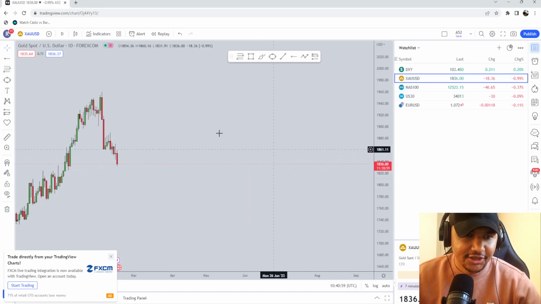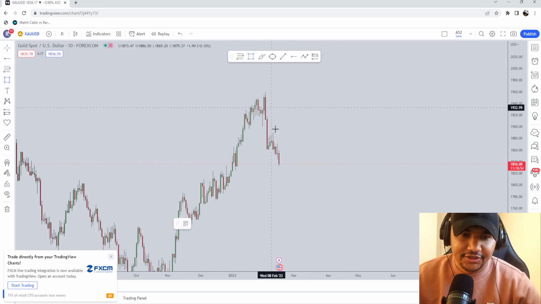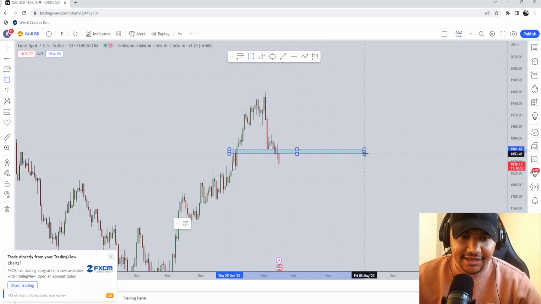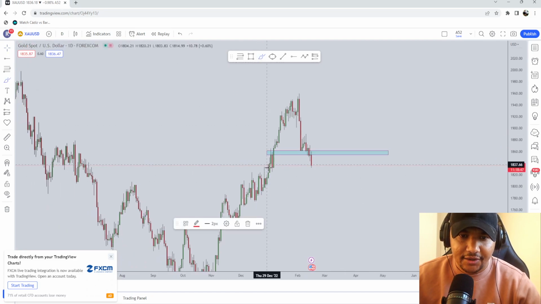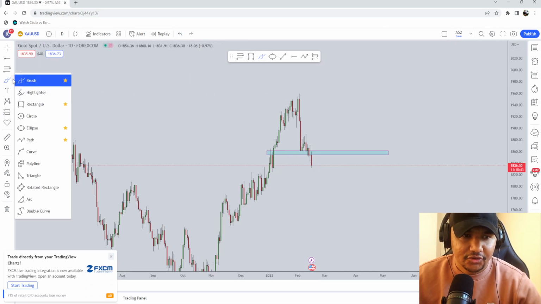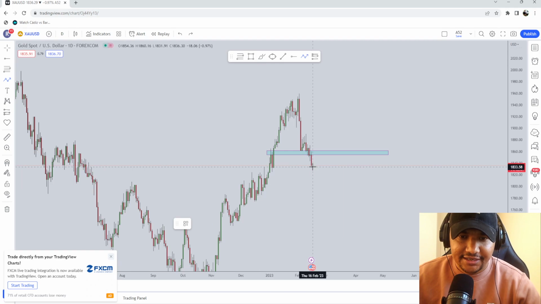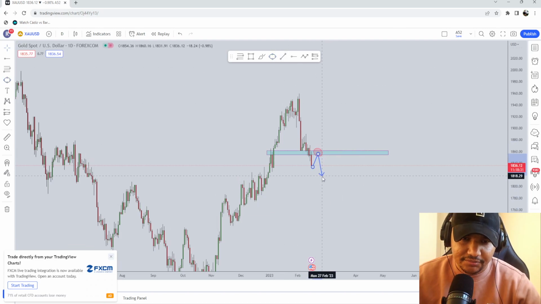Okay, next up we've got gold. Gold is probably also going to have to give up the gains, and once again I do expect a slight pullback. Gold is also now printing an equal low. I do expect a slight pullback on gold and then a continuation of this move to the downside, potentially hitting that low in the market. But we are short-term traders, so we're going to go with this, as this was a very strong structural level in the market.